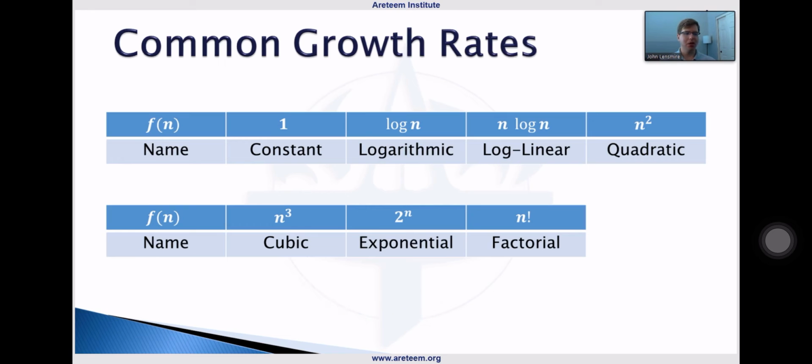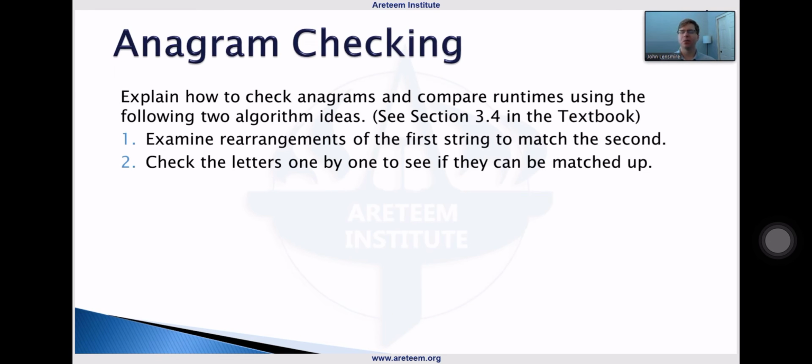So let's quickly look, to wrap up this video, at one example. This is in your textbook a little bit more. They have some more explicit Python code, things like that as well. You can see the textbook for some more examples of this, but we want to look at ways to check anagrams. Remember, an anagram is just a rearrangement of the letters. So if we're talking about different words, heart and earth are anagrams of each other,